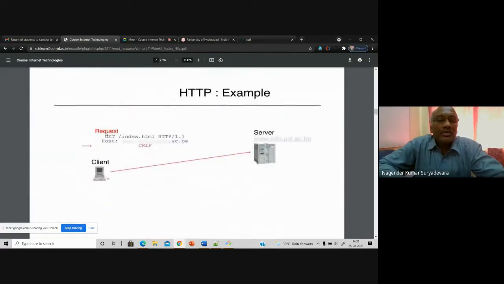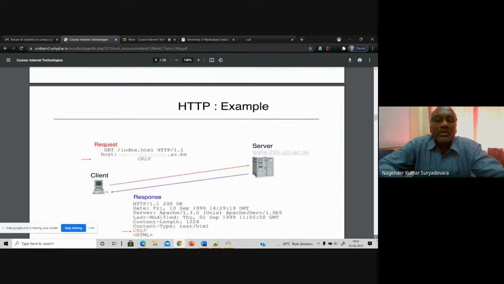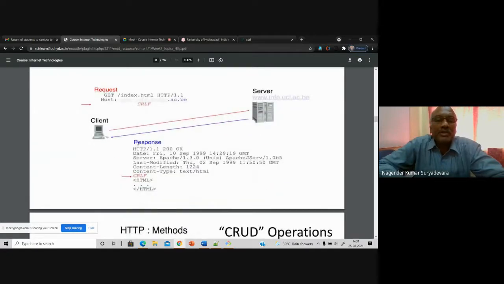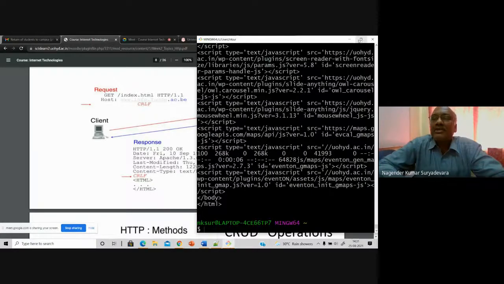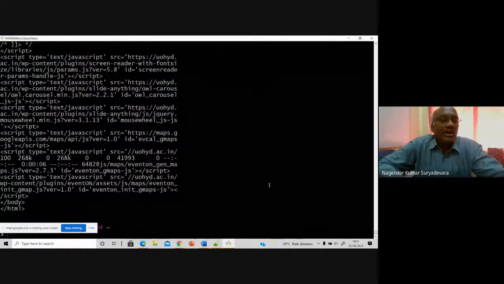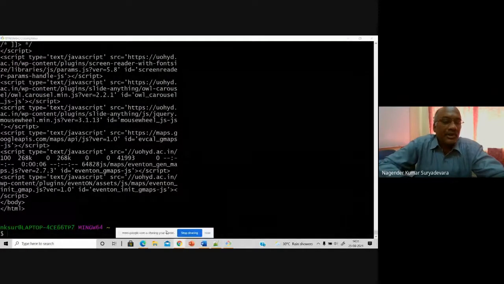So you are going to get that information, index, and by default it goes to this particular website. Instead of this particular website, I am giving uohyd.ac.in for you to clearly understand our own website. And what is it that you are getting as the response? You are getting the response like this. So if you see this response in that Git Bash, let me maximize the screen, and once again issue the command if you want to see the entire response.